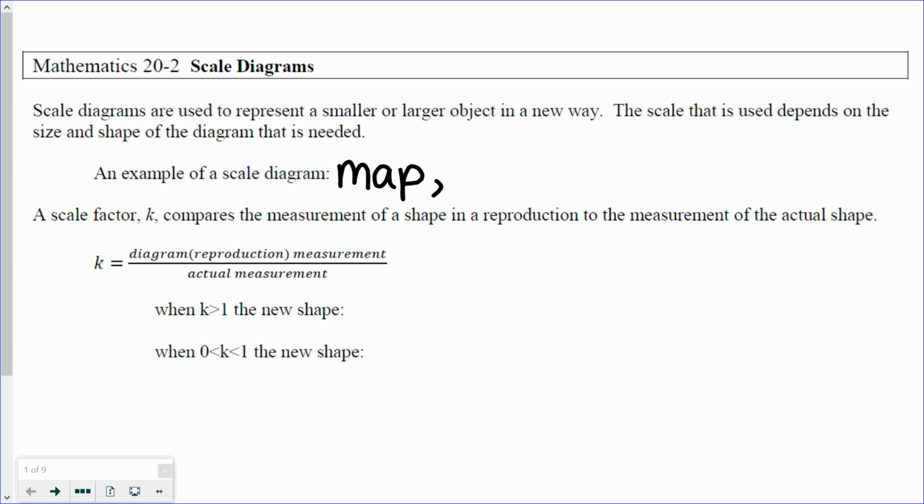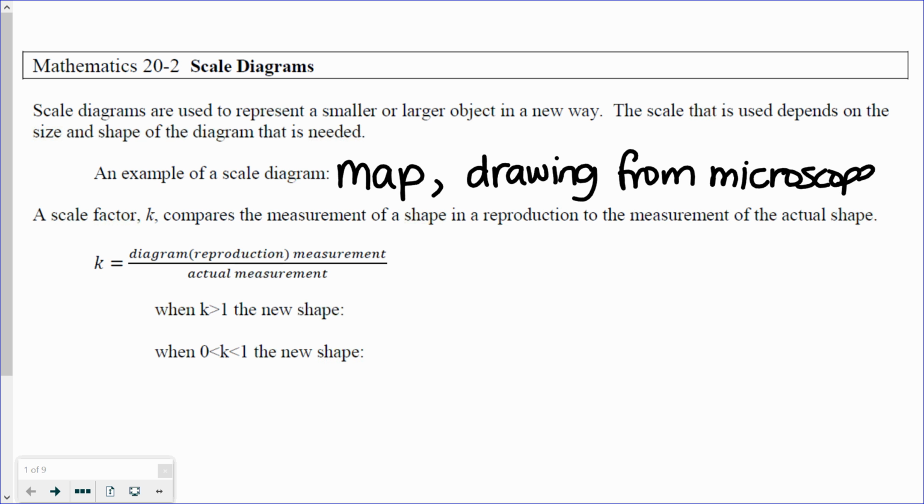On the other end, like a scientific drawing from what's seen in a microscope is a scale diagram, right? If you're looking at a cell of something and you have it under 1000 magnification, that's actually a scale diagram because you're taking something really small and you're putting it in a way that you can see it without the